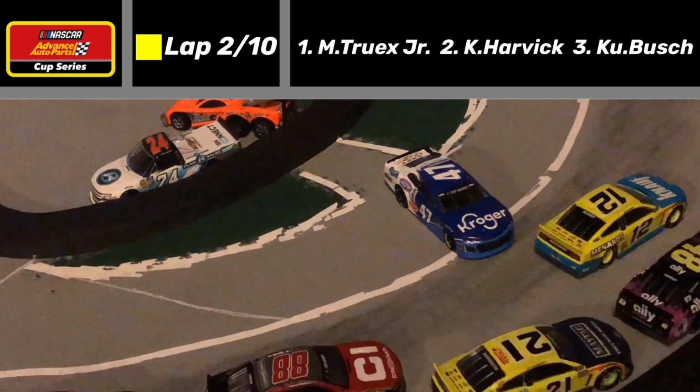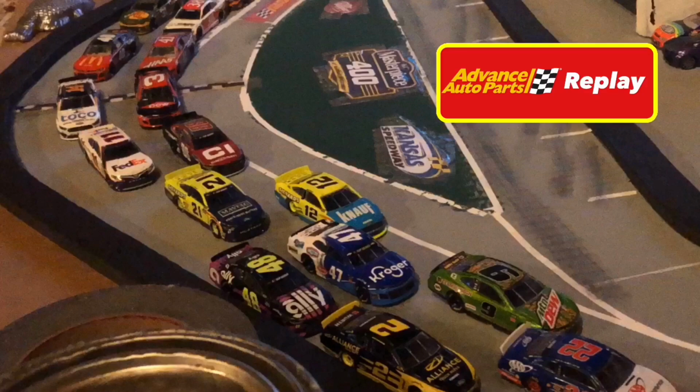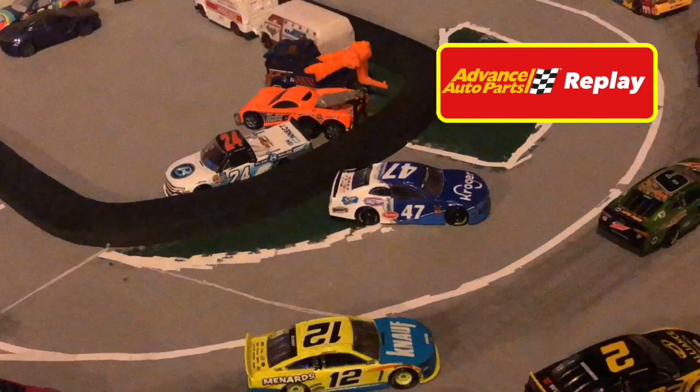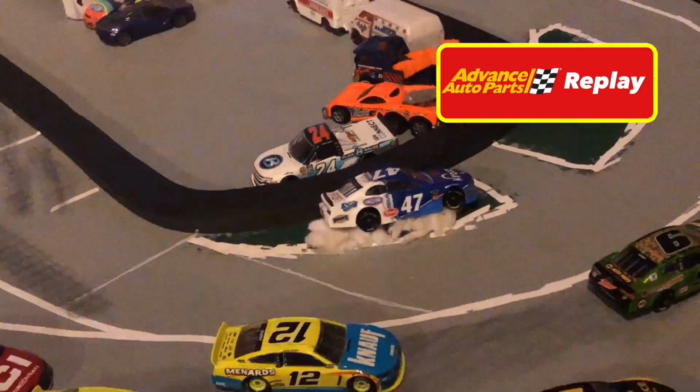Oh, we got a wreck already. Ricky Stenhouse Jr. into the wall. Hard hit, as there's a caution on the track. Let's see what happened here. And it looks like Ricky Stenhouse Jr. was trying to sneak in in front of